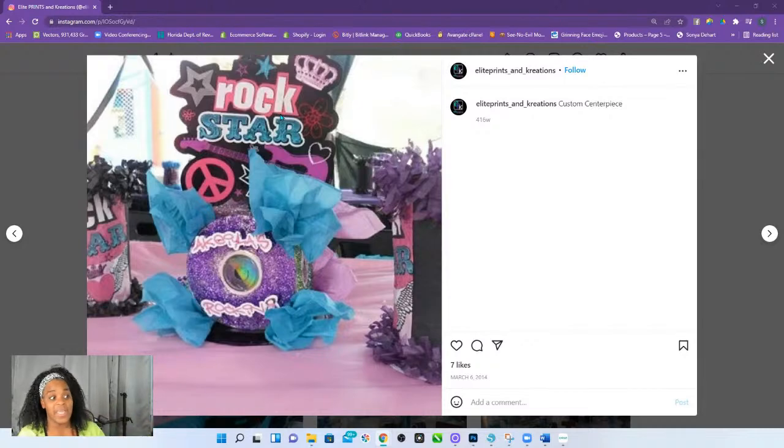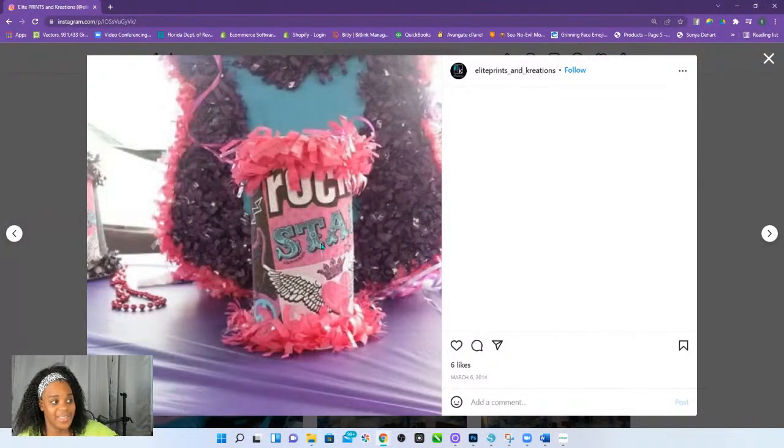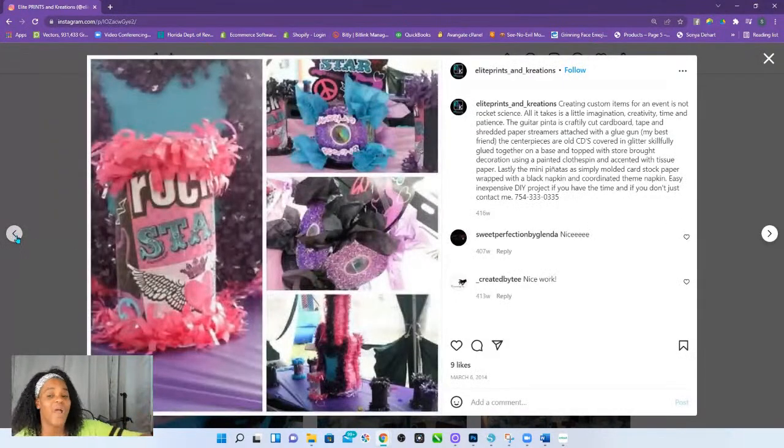The crazy thing is, I sold a lot of those. Like, I have a lot of things I made just from napkins. See, look, there it is, up close. The piñata is a cardboard box. I cut it out, made it look like a guitar, and that same frilly stuff that's here is what's on there. It's hot glued all the way around it. To me, this was my crafting days. Now I produce products. Look at her piñata. That piñata was dope, though.